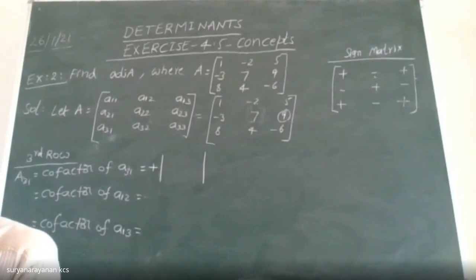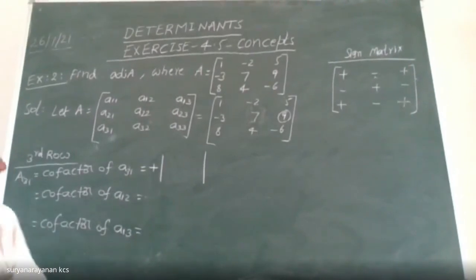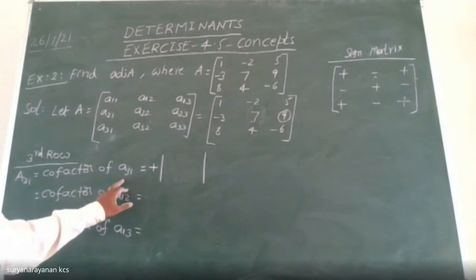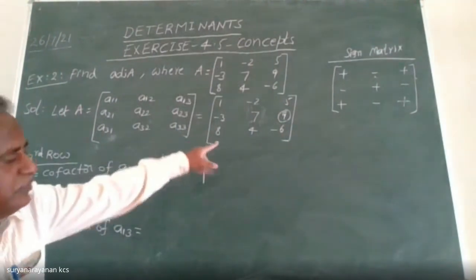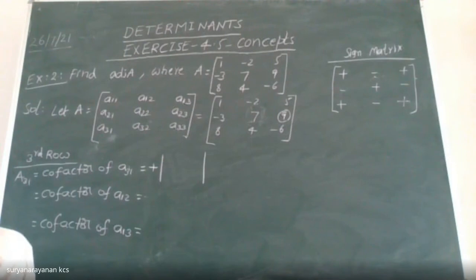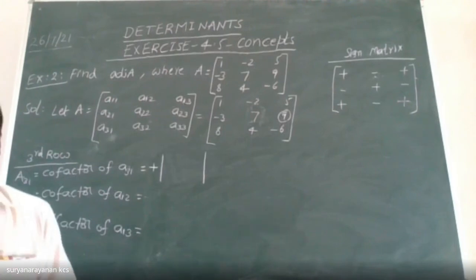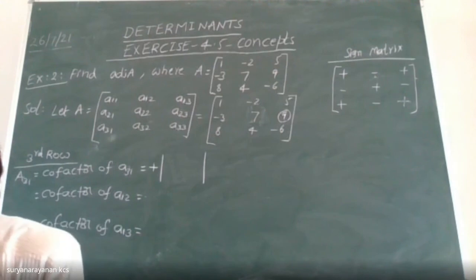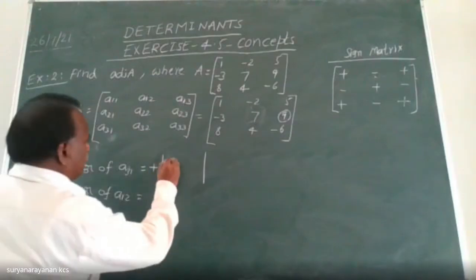Can you tell me, Kevin Paul? Can you tell me the minor of this element A31? Minor of element A31, third row, first column. My dear Kevin Paul, how do you get the minor of this element A31? Any one of you? Yes, Joseph, tell me. Minus 2, 5, 7, 9, sir. Yes, minus 2, 5,